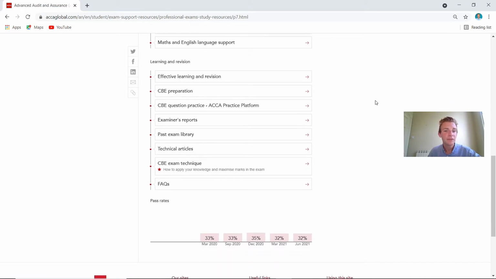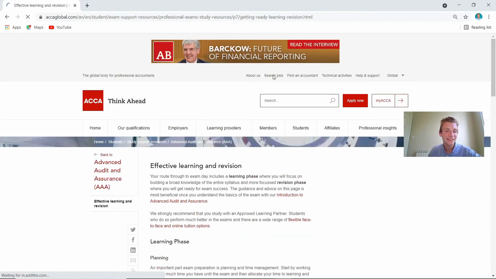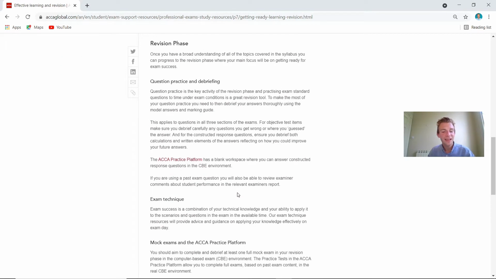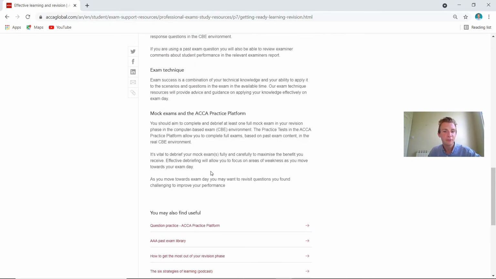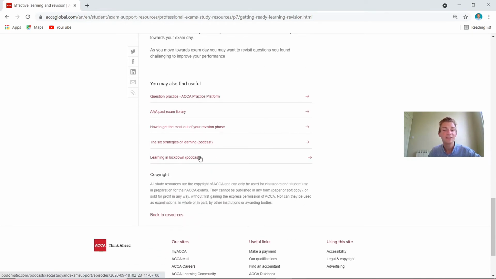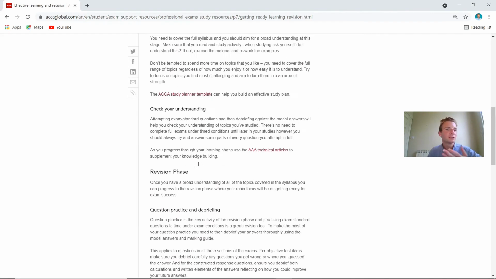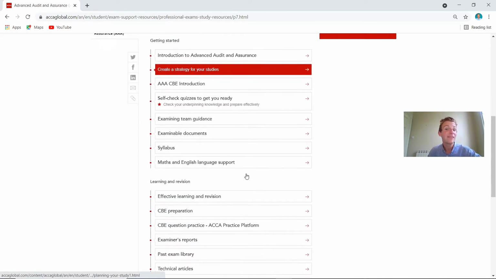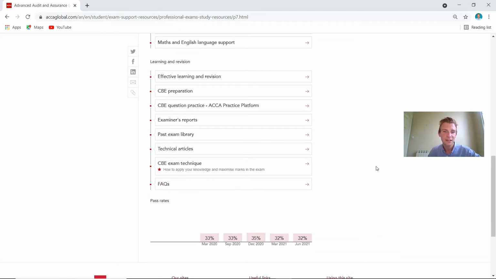Then going on to the learning and revision. So this is more the technical aspects and the actual areas you need to cover for the exam. So you've got effective learning and revision. Again, that's just going to link into how you actually take the material, break it down with the planning and your revision stage. This is more generic things that maybe you just want a refresher. Maybe you've had a study break and this is your first one back. Have a little look into it. It takes you through all of the actual platforms, and it also gives you some nice helpful links at the bottom with some podcasts as well. So there you go, it's up to you. Really helpful tools on here, they wouldn't put it on here if it wasn't going to add value to some students. That's the key thing.